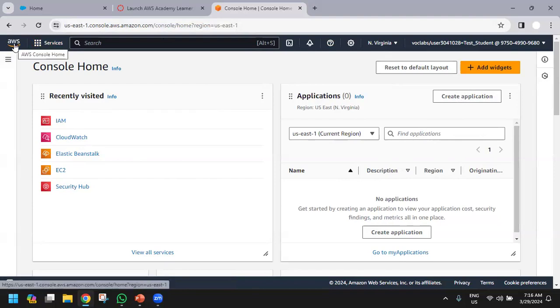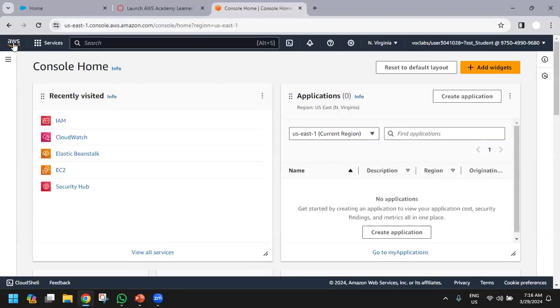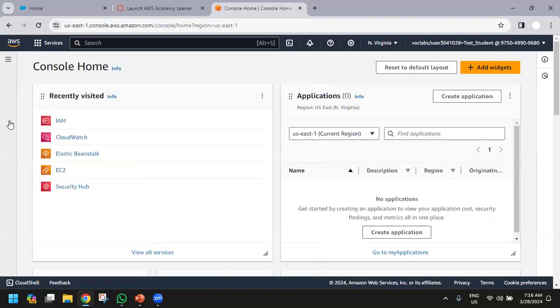Again, after that, you will have the AWS Console Home. So wherever you are, you just click on this logo and you will come back to this dashboard again. From any service, if you want to come out directly, you just click on this AWS logo, console home. And from the other side, you can use different services. You can create some shortcuts over there and use them. So that is the very first panel that we have studied now from this dashboard. Is it fine? Are you understanding this?